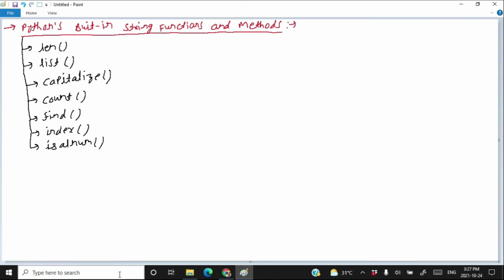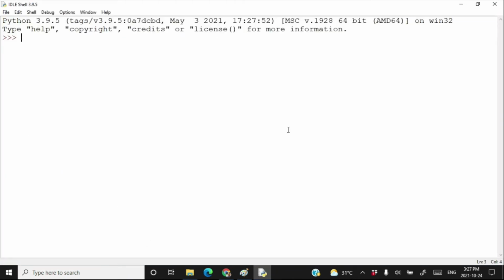Let's try this method practically. Create a string s1 is equal to abc123, s2 is equal to hello, s3 is equal to 12345, and s4 is equal to an empty string. Now check if s1 is alphanumeric or not.